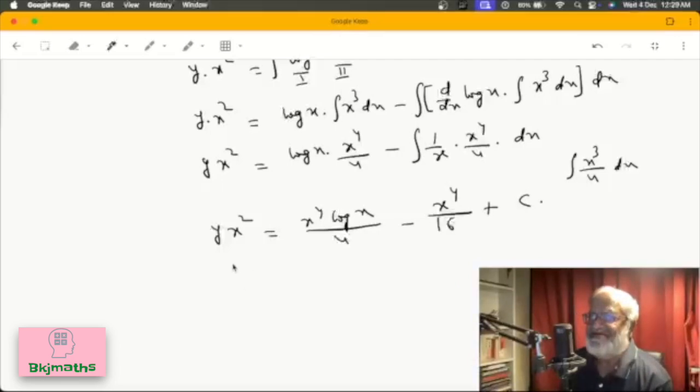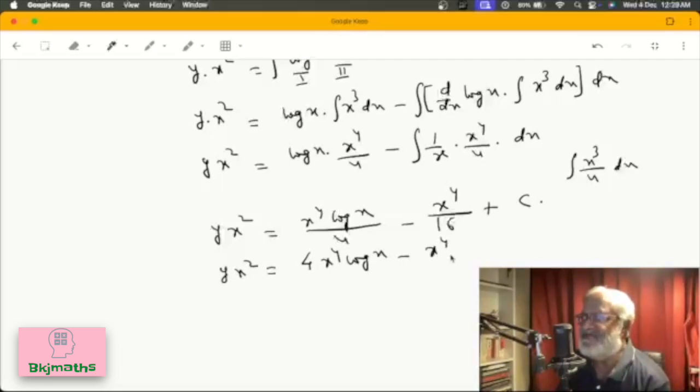So y into x square equals, take the LCM, LCM is 16, so this becomes 4 x to the power 4 log x minus x to the power 4 whole upon 16